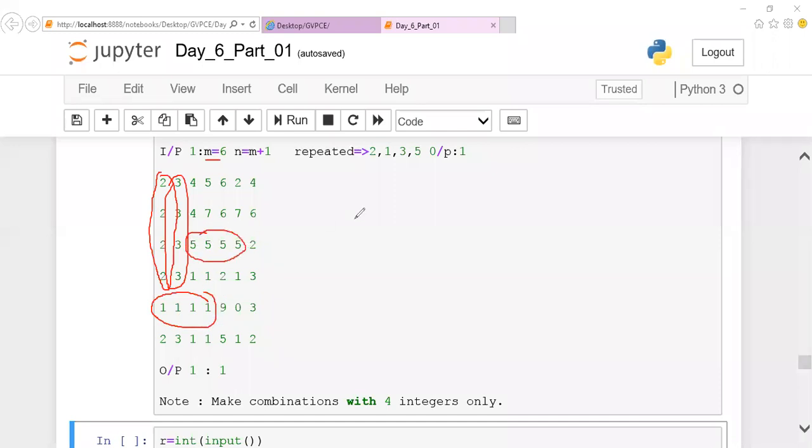Here, what are the conditions they told? It can be a row or a column or the diagonal. At any place, the value might be repeated. So if finding here, these could be the values repeated. Among those, the minimum value is 1. So we have seen how to iterate rows, then iterate column and diagonal.